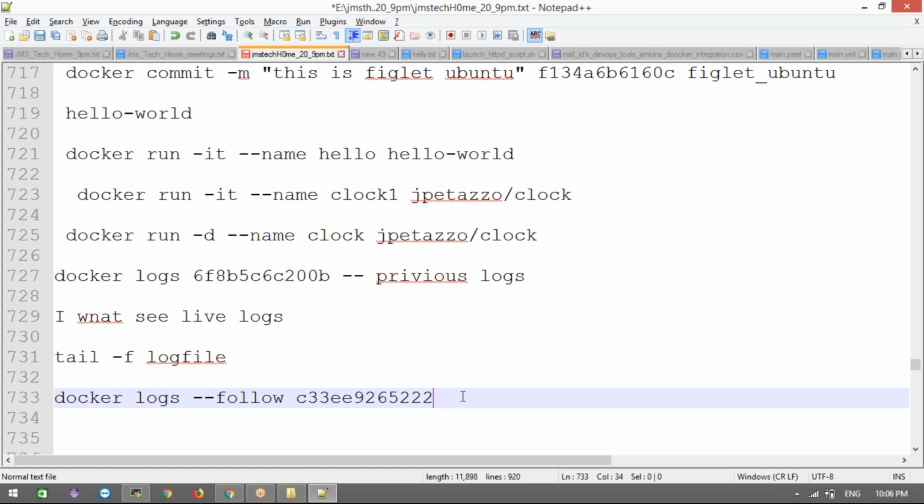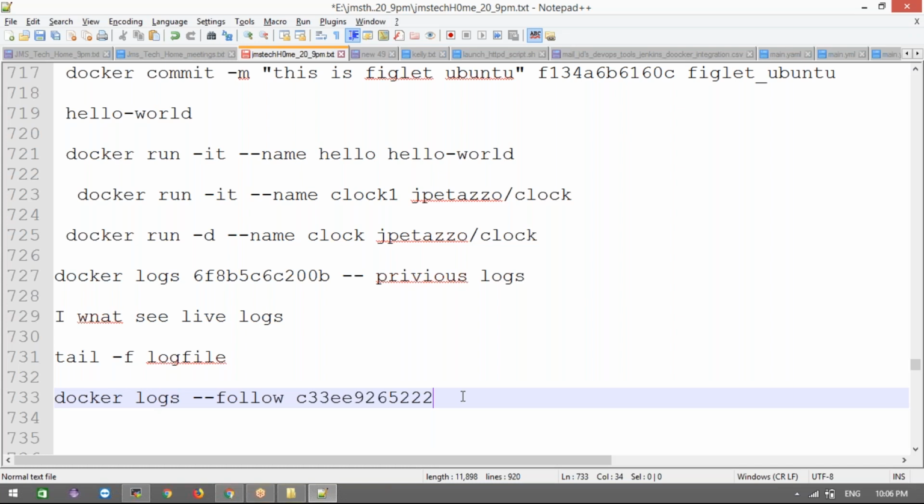Use docker logs --tail 1 -f and then the container ID. -f and --follow are the same; I'll tell you both ways. Now you can see the last line, and it will show the current logs.